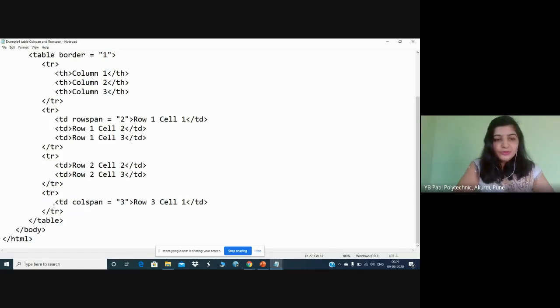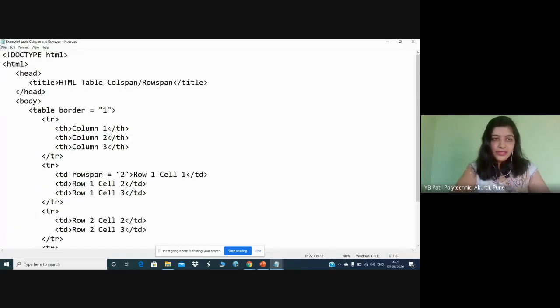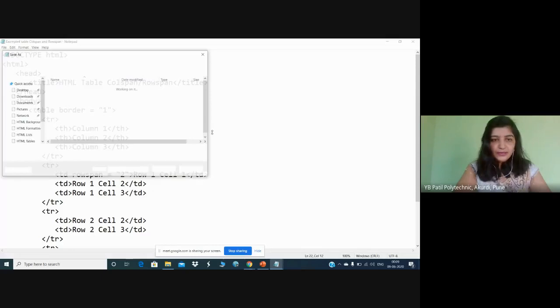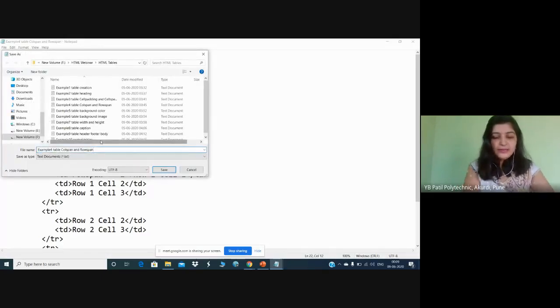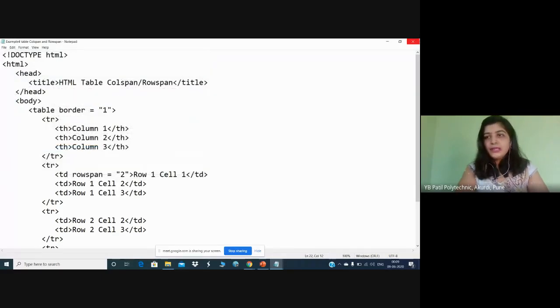In the third row, I'm going to use a column span. I'm going to merge columns in a single cell. So let's execute this and see how it displays. File, save as, .html, click on save.